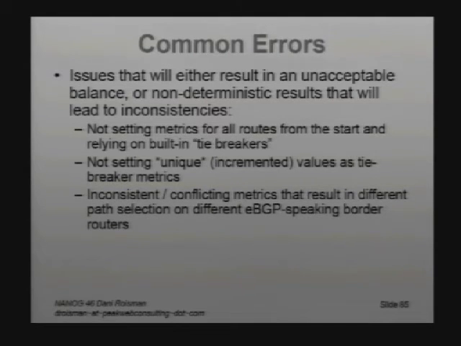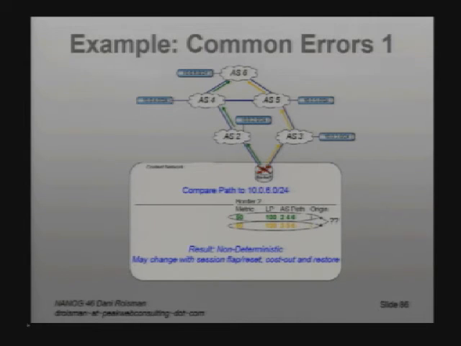You don't want to set the same value on multiple ISPs. Another problem you run into is if you have inconsistent metrics, that may result in different selection based on different routers. Let me show you what that looks like. This is a case of non-deterministic behavior. In this case, you set the metric to something other than 0, but you set the metric to 50